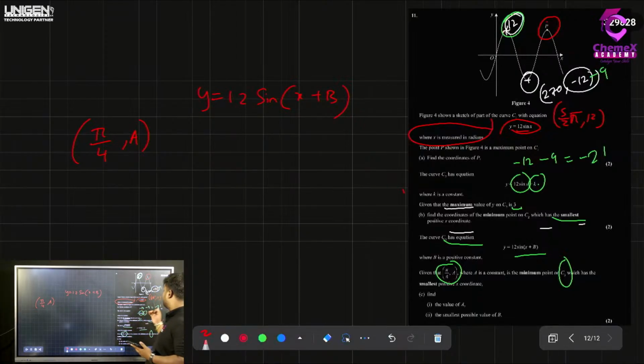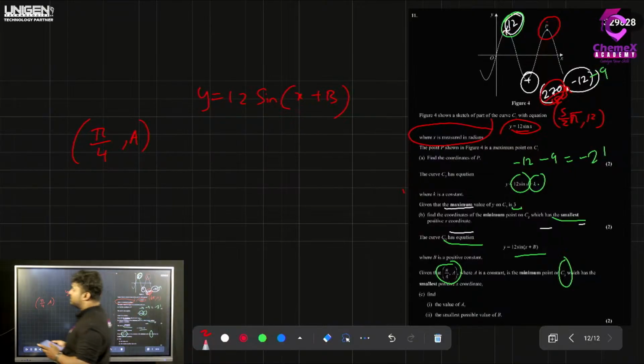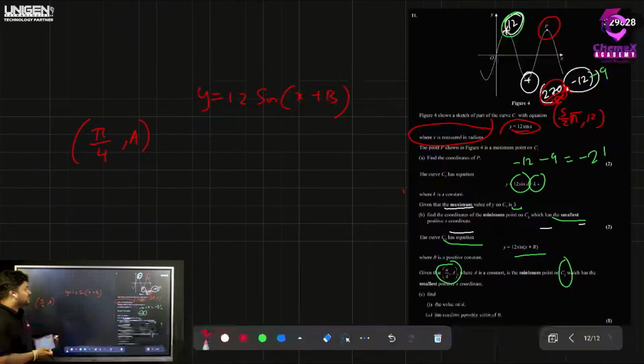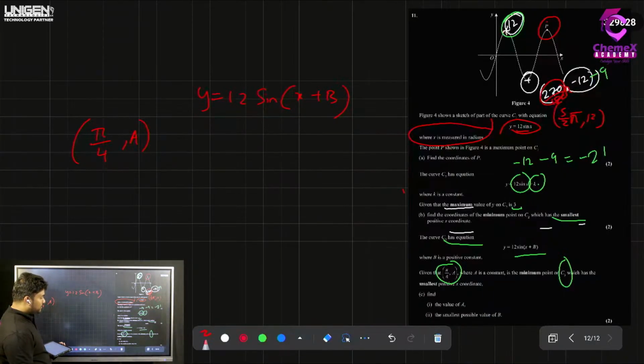Make sure you write all your answers in radians, okay? Before, when I wrote 270, you have to divide by 180 and multiply by pi. So don't keep your answers as degrees. It's easy to do questions in degrees, but don't keep it like that. So, smallest possible x coordinate. So here,